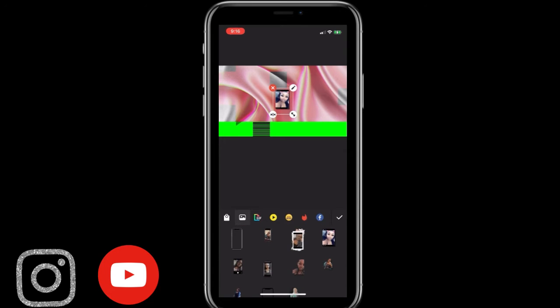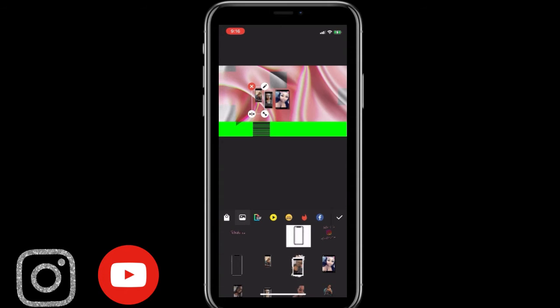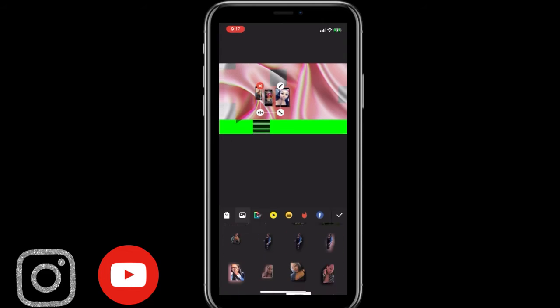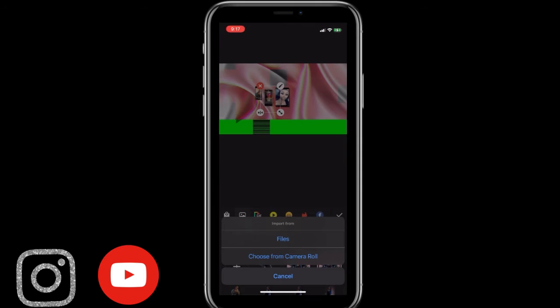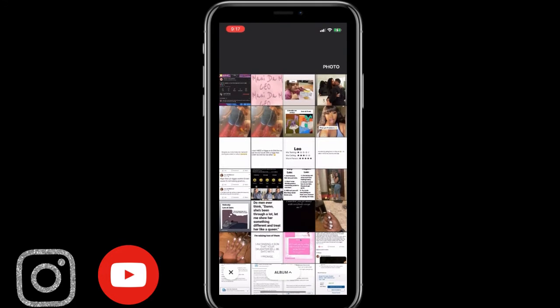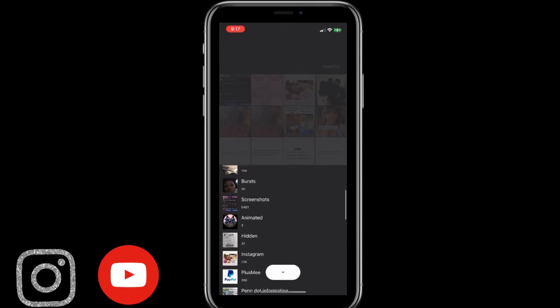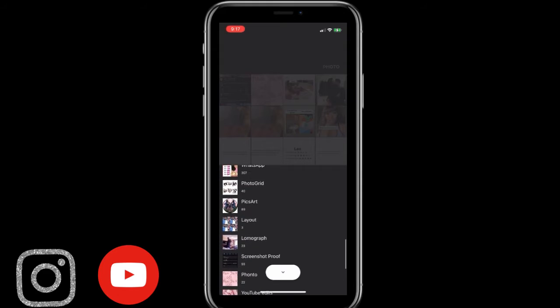So I just picked the 4 pictures that I had on here. You can choose as many pictures as you want, but I just chose 4, and I chose 4 pictures that kind of represent my social media. Because this part of the video is my social media part of my intro. So yeah,